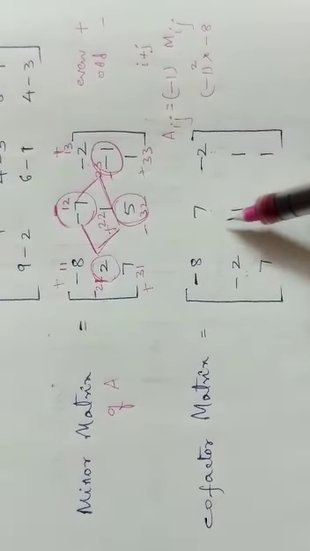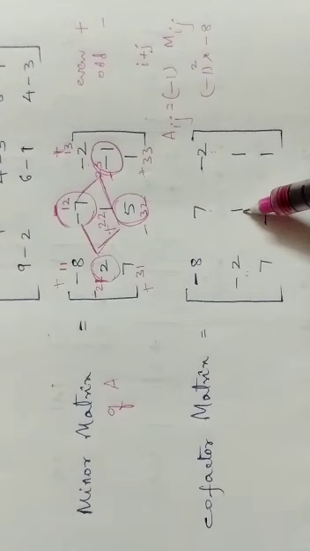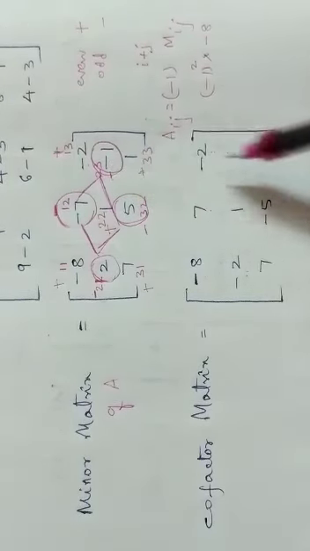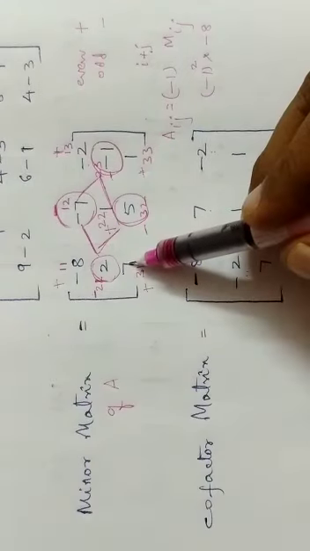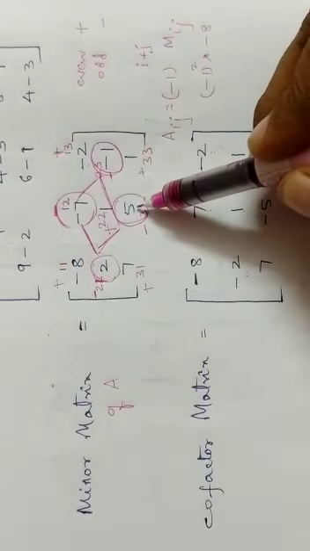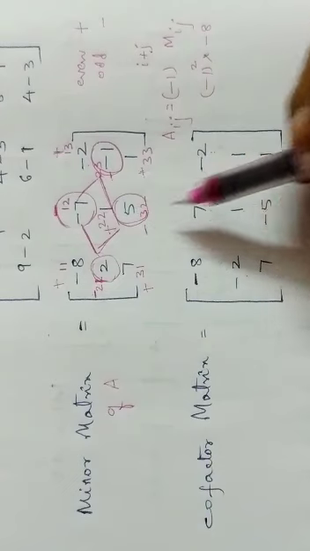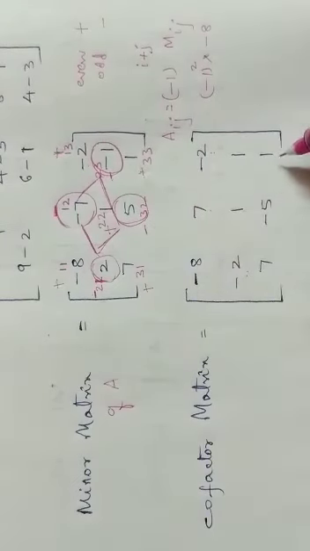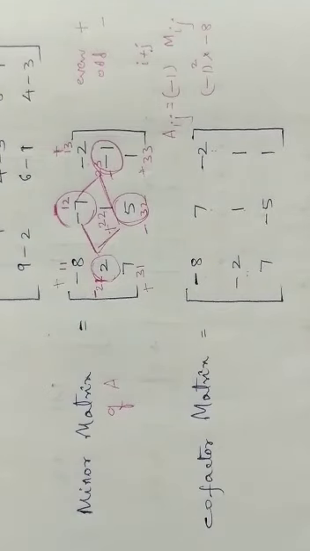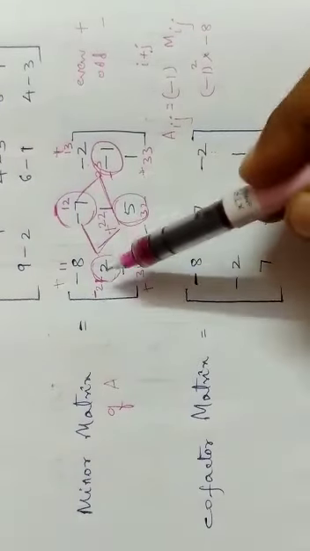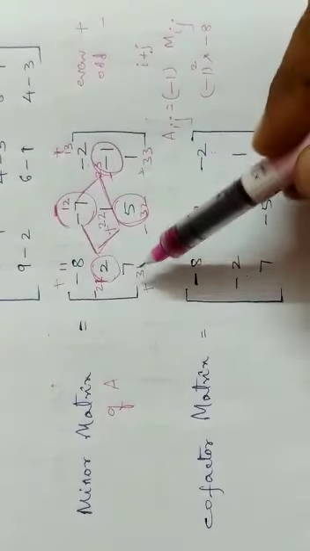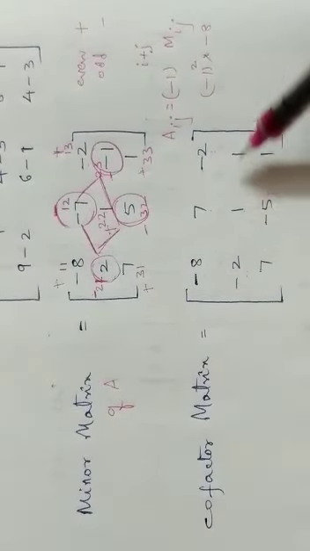The same symbol with the same number, 1. Diamond shape element minus 1, so I have to write plus 1. Plus 7. Diamond shaped element minus 5. 1, 1. Which means only these four elements will change their sign. Remaining elements we have to write as they are.